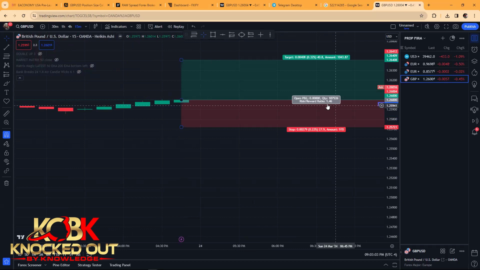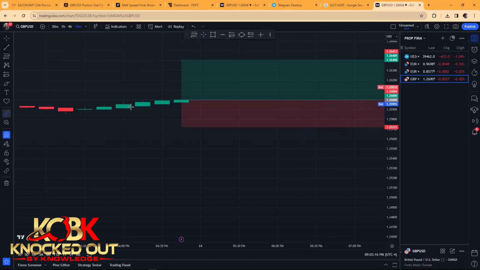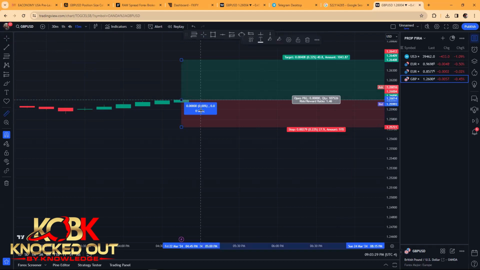Now this trade is saying my risk to reward ratio is 1.46. It's an okay trade. I really like 2. I like 2 and higher, but this is still a good trade. But how many pips is it? If I select this ruler right here on the left-hand side and put it on that middle line where my entry point is, where I want to enter the market, I just click and drag to the bottom. Boom, that's telling me that it's